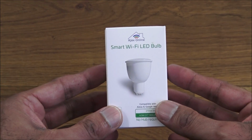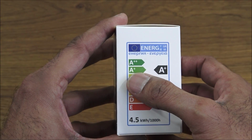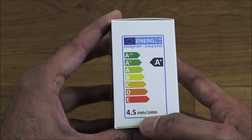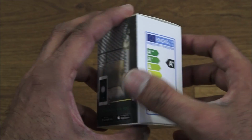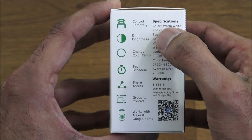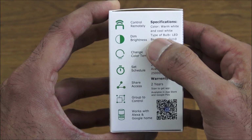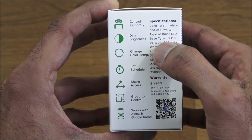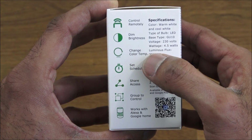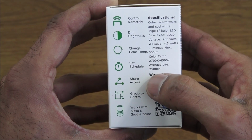Comes nicely packaged in a nice small compact box. Some details there. Energy rating is A+, 4.5 kilowatt hours and 1,000 hours. Just going around it, some details there: can be controlled remotely, can give warm white and cool white. Obviously the type of bulb is LED and it's a GU10, some voltage details, the actual luminous flux details there, color temperature, and average life is